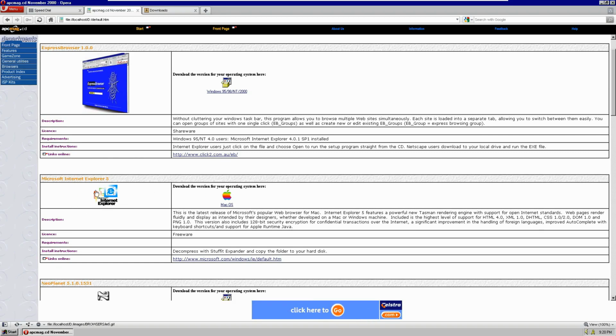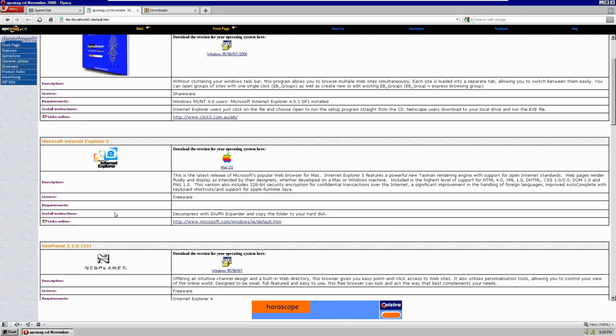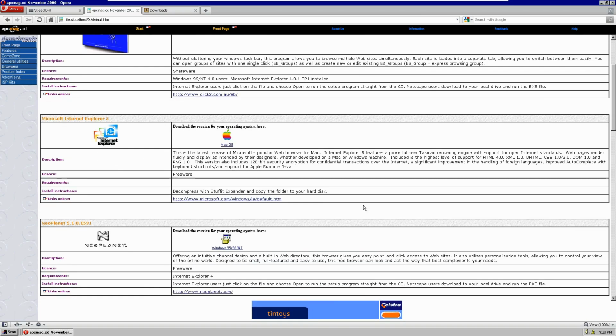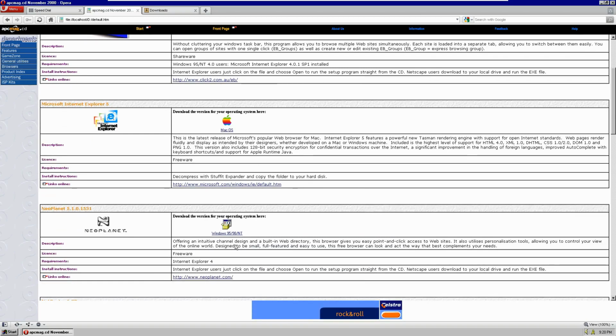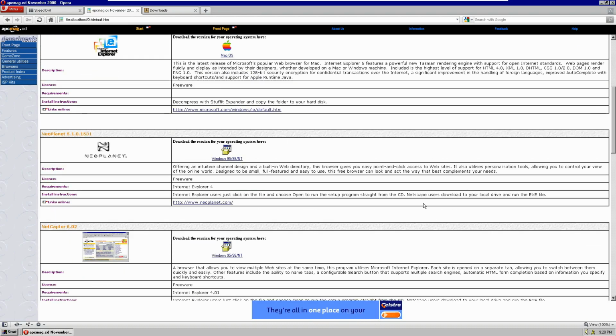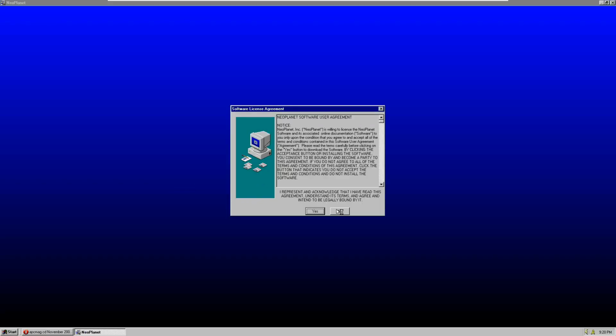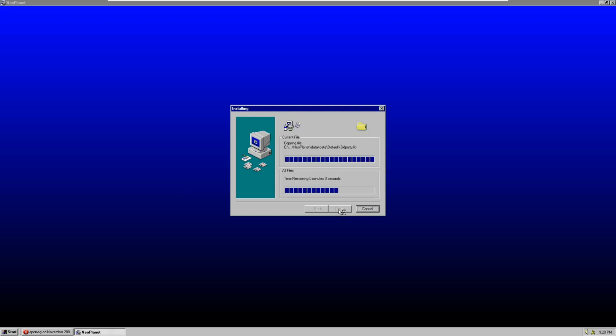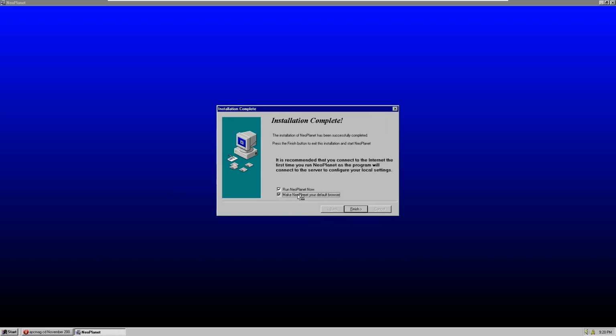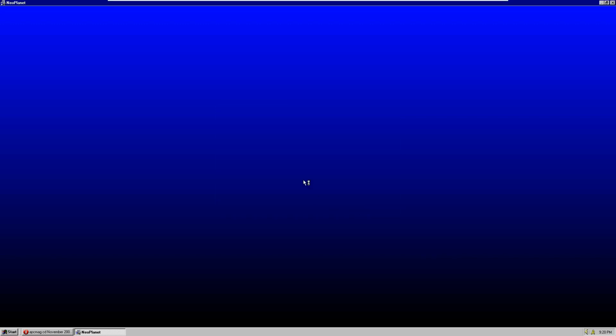In the first disk, I believe it was Internet Explorer for just Windows. NeoPlanet. I think we got to look at a couple of these browsers. These are just browsers I've never heard of. And I just want to see if they work. Definitely don't want it to be default.